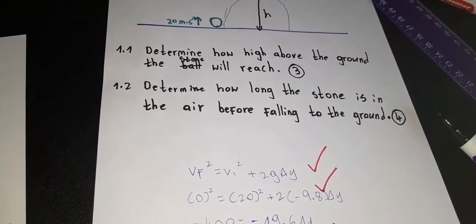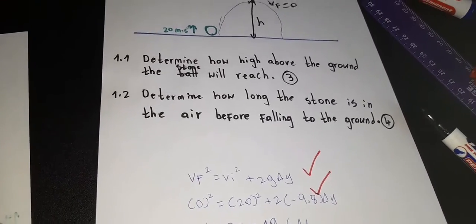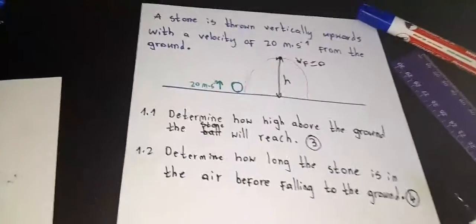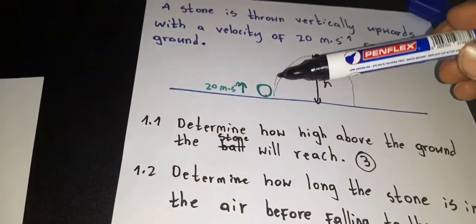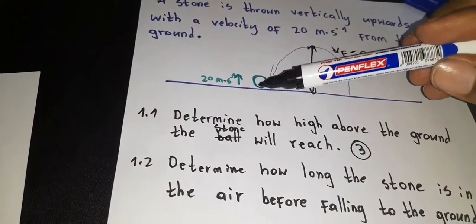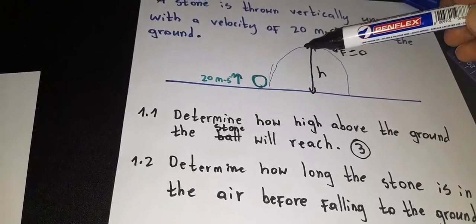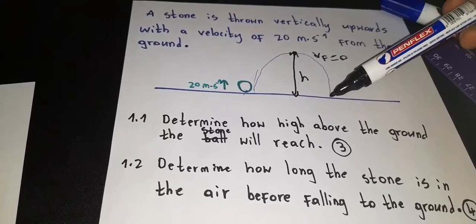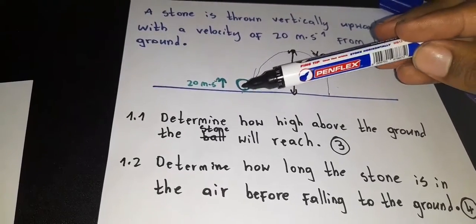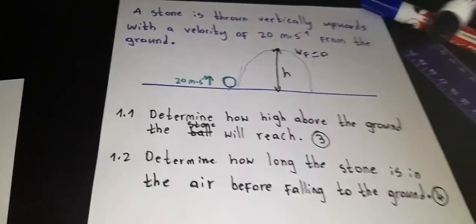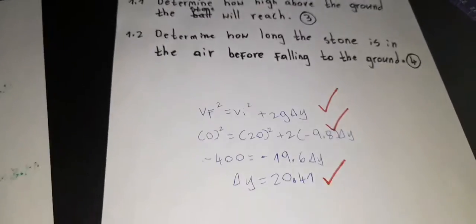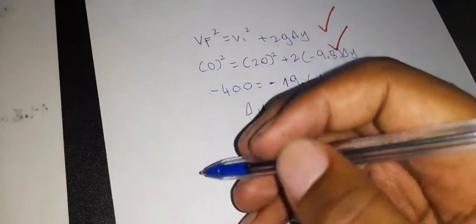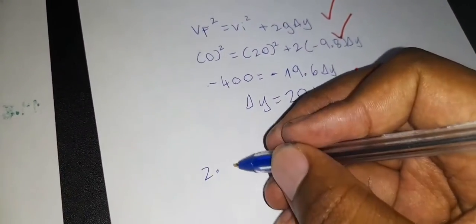And then another question: determine how long the stone is in the air before falling to the ground. So if we know the time it takes for the stone to go from here to here, then we can determine the time the stone goes from here to here. So let's determine the time the stone takes to go from here to the maximum height. So we can use the first formula there,